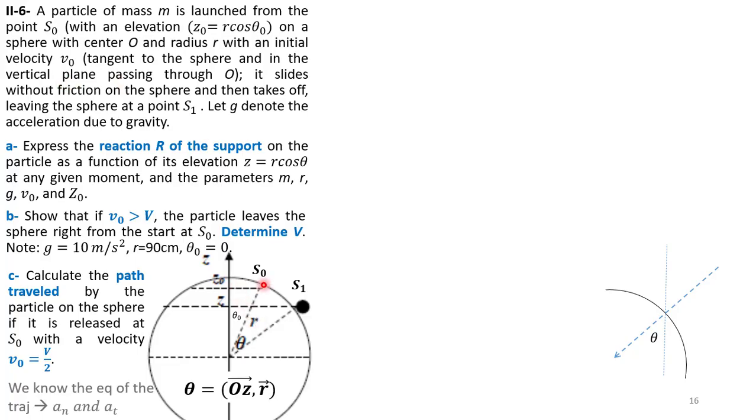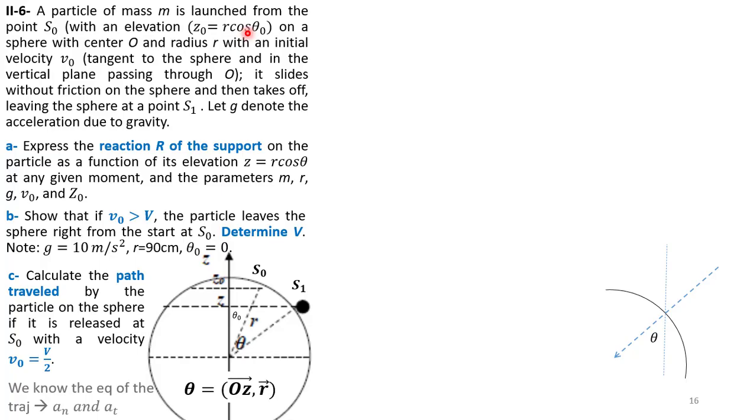So we have a sphere here. On the sphere, we launched a mass m. It has as an initial position S0. So initially, the mass was at S0. The elevation of the mass at S0 is equal to Z0. So if we project the position vector R0 on the Z-axis, we will find Z0, where Z0 is equal to